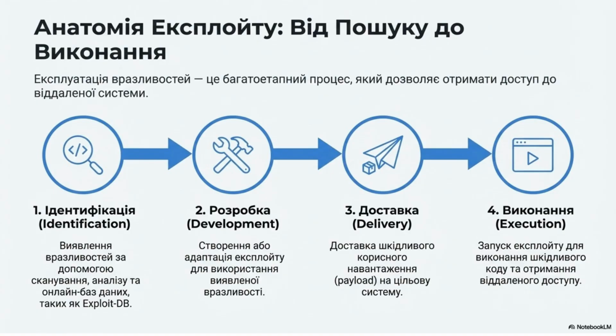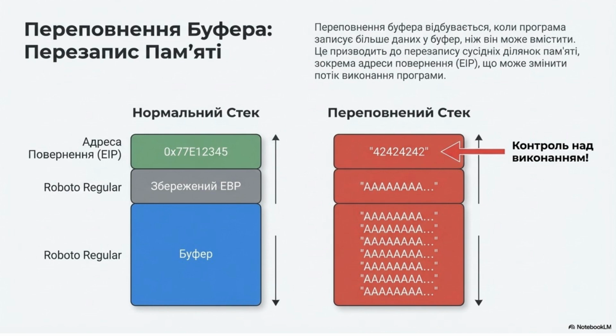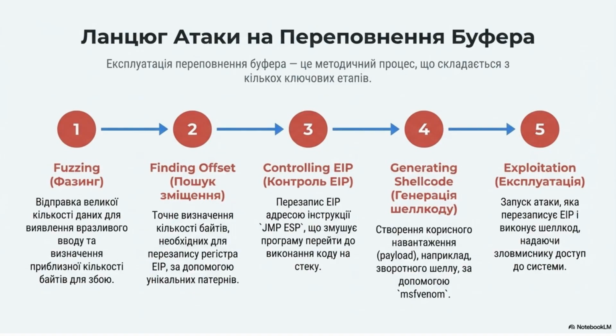Exploiting vulnerabilities is a multi-stage process: identification, development, delivery of the payload, and finally, execution to gain remote access to the system. Buffer overflow is a technique where a program writes more data than the buffer can hold, overwriting adjacent memory locations, specifically the EIP, which can change the program's execution flow. The buffer overflow attack chain involves fuzzing, finding offset, controlling EIP, generating shellcode, and finally, exploitation, to execute the shellcode